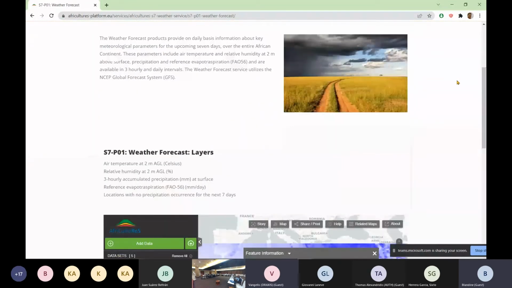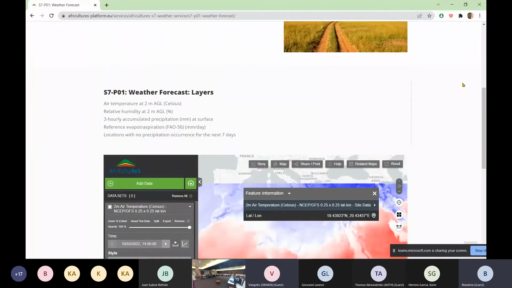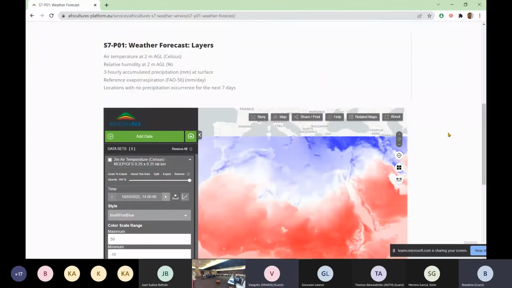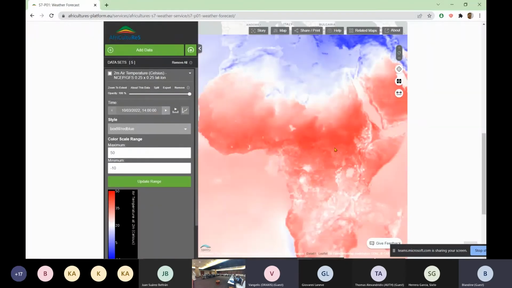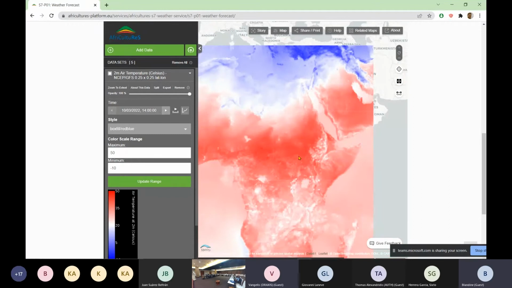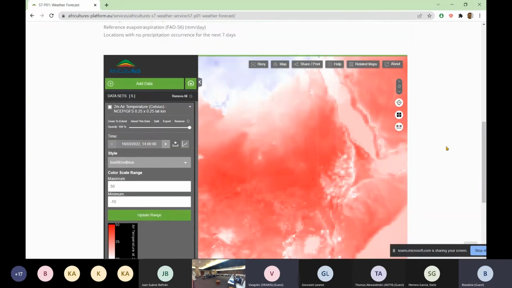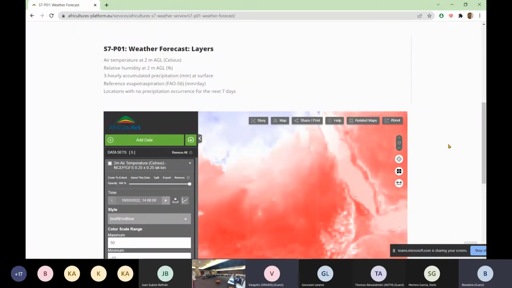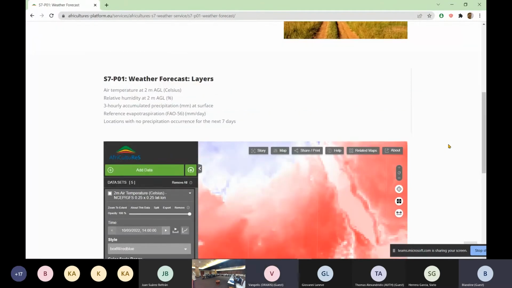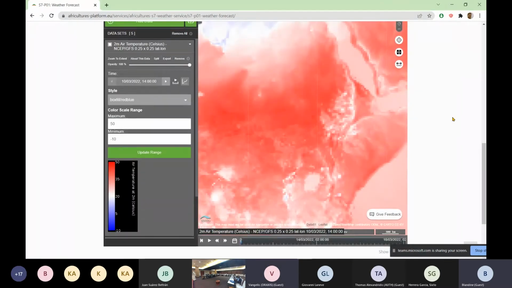At the same time, we can also have a look at the actual data of this product. At this point, we can see a fully interactive map